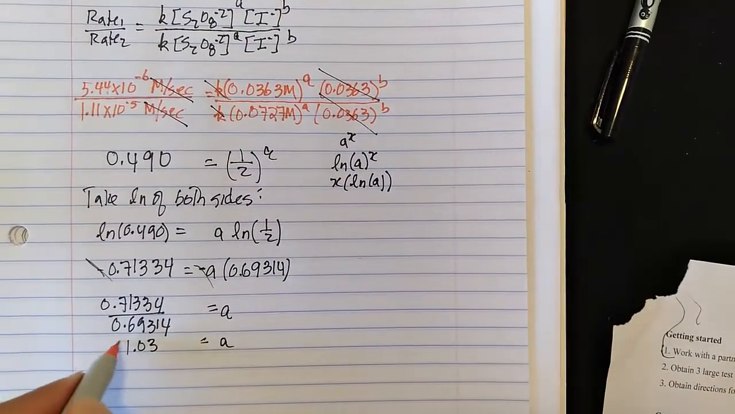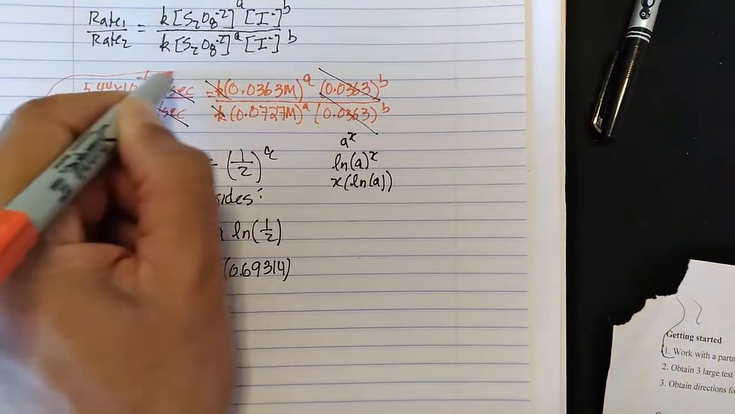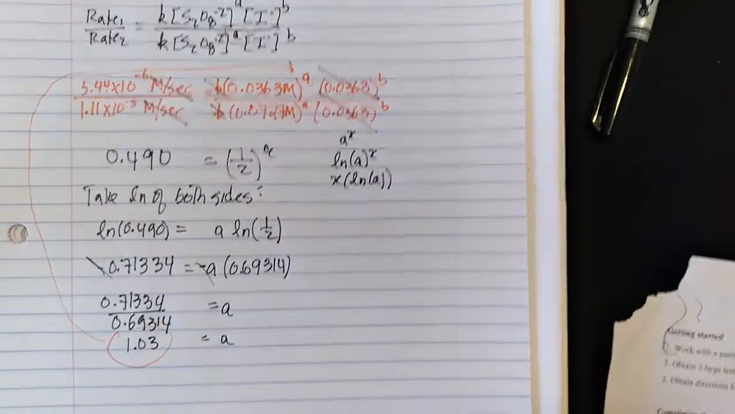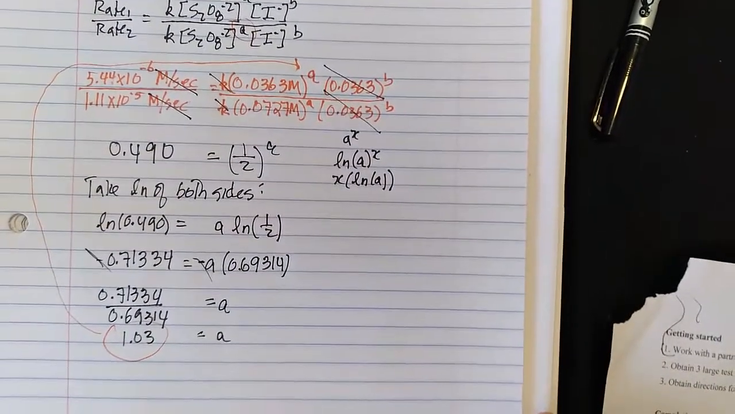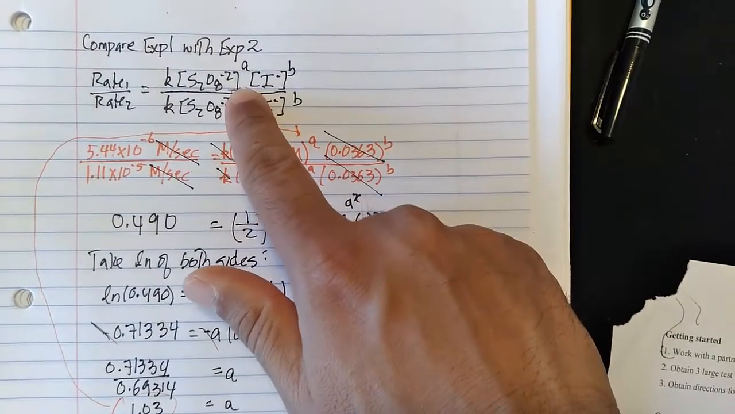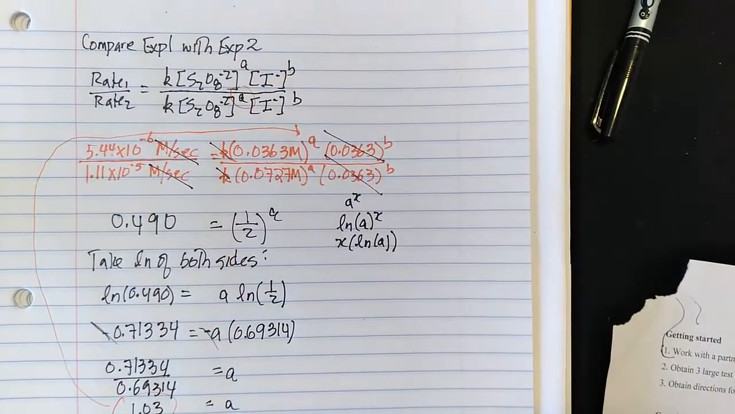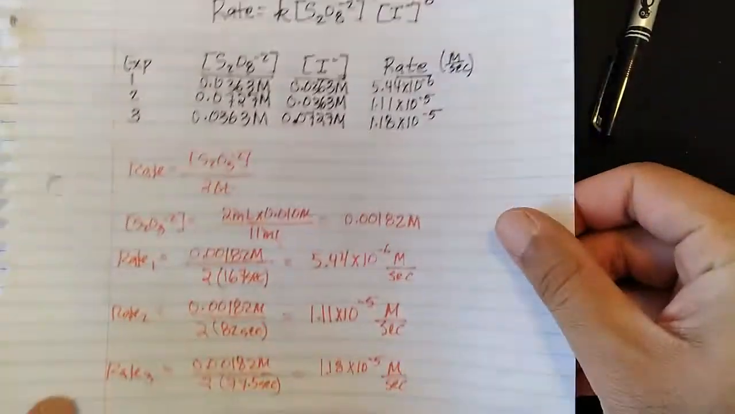Okay, so that's very good. We got our first order of the reactant. You know, I knew it's going to be close to 1. And a is going to be 1.02, 1.03. All right, so this is roughly about first order decay for the persulfate ion. What's the order of decay b for I minus? This time around, let's compare